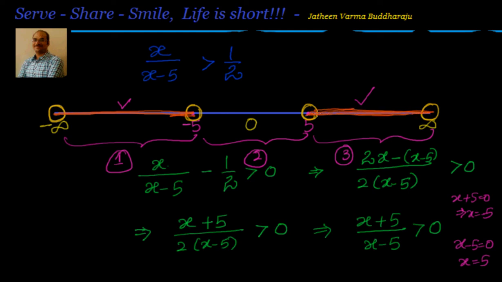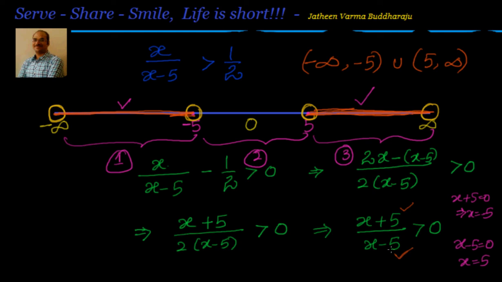So how will you represent the solution set? You will say minus infinity to minus 5, union 5 to infinity. That will be your solution. You want to cross check that? Let's take value of 3. If you take value of 3, 3 plus 5 is 8, 3 minus 5 is minus 2. That is negative, but what we want is positive. So it will become positive only when the numbers are less than minus 5 or the numbers are more than positive 5. It's a simple logic. You can understand that very easily.